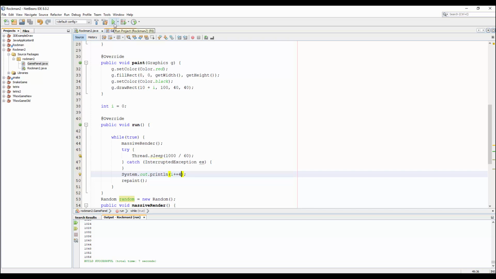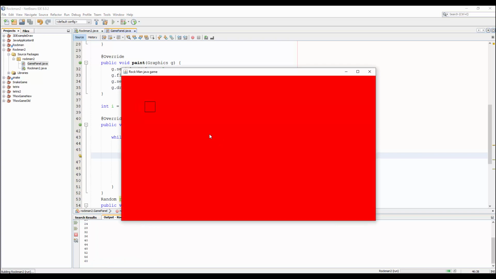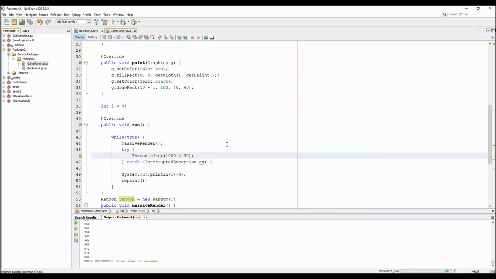Okay, right, maybe I will change it to 30. Right, so see, you can see the movement is not smooth. If you cannot see, you can, right,